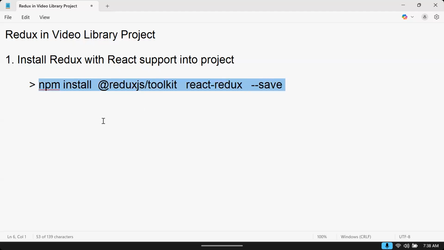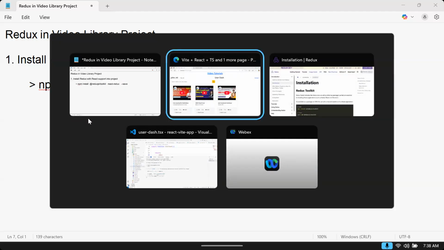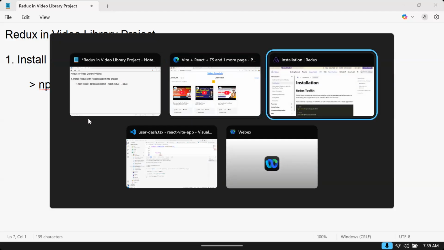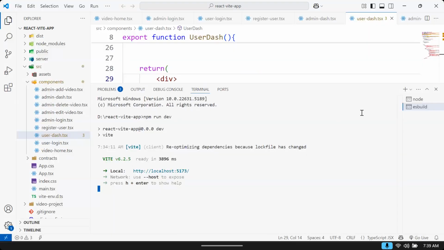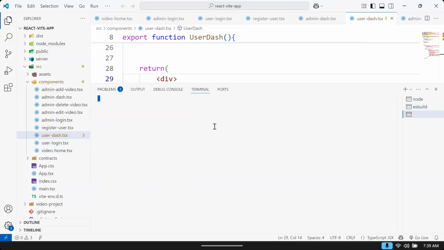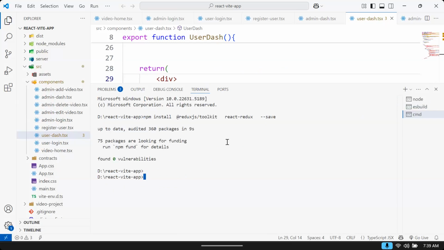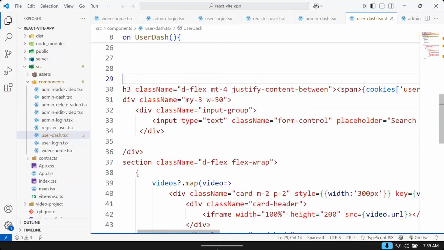Yesterday it was already installed. So, let's open a new terminal and install these two. So, this is the first thing. After installing successfully, what you have to do first,